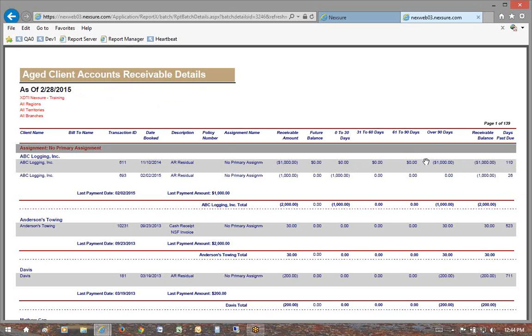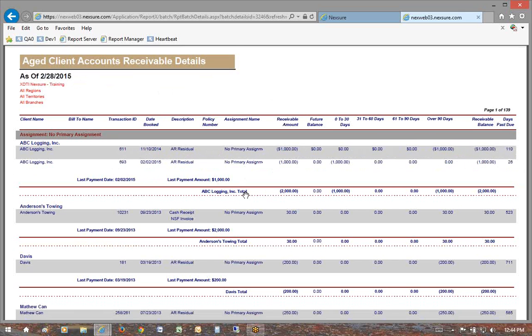But this one was from November, and so that's nice to see that it's here, but I don't know who put that there. We could go look it up. But Anderson's Towing,